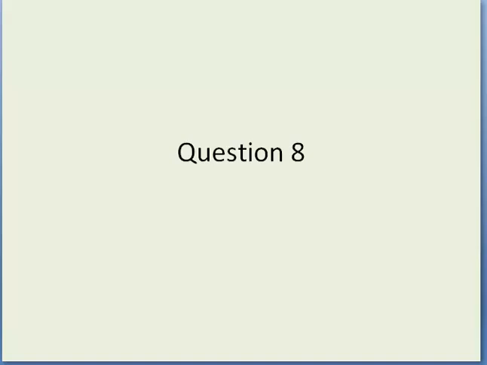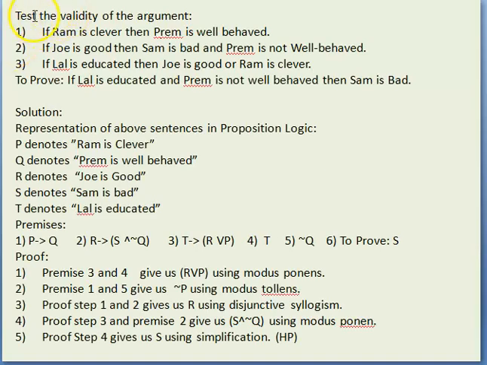So here we have another question, question number 8 for representation of knowledge using propositional logic. We are given some sentences to test the validity of the argument. If Ram is clever, then Prem is well behaved. If Joe is good, then Sam is bad and Prem is not well behaved. If Lal is educated, then Joe is good or Ram is clever. And we are given Lal is educated, Prem is not well behaved, and we have to prove that Sam is